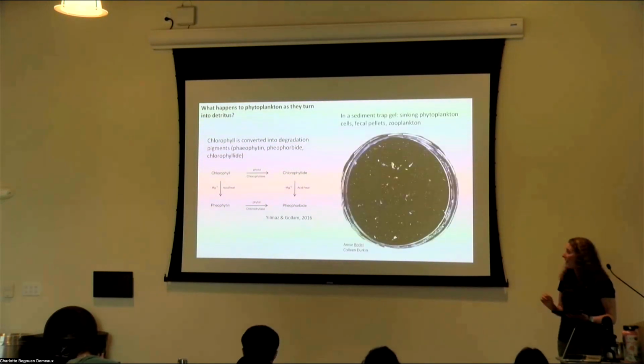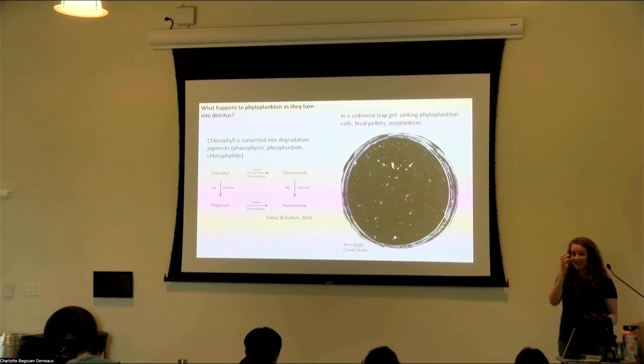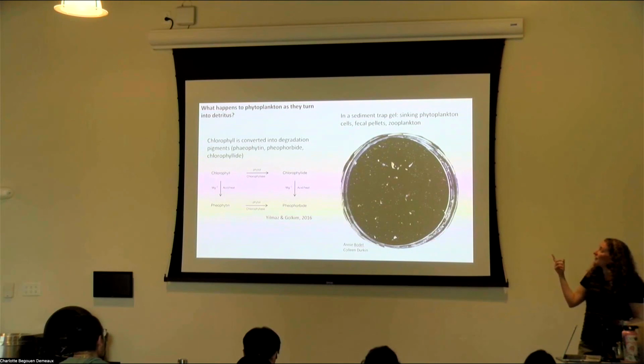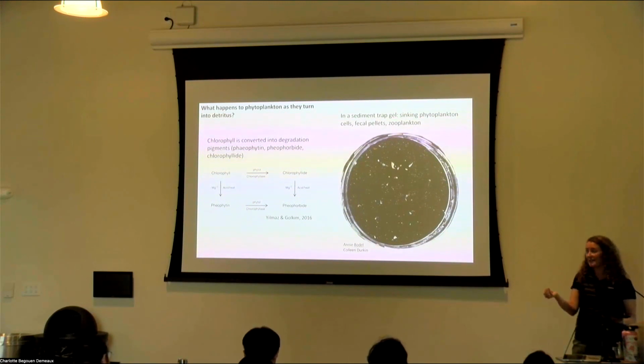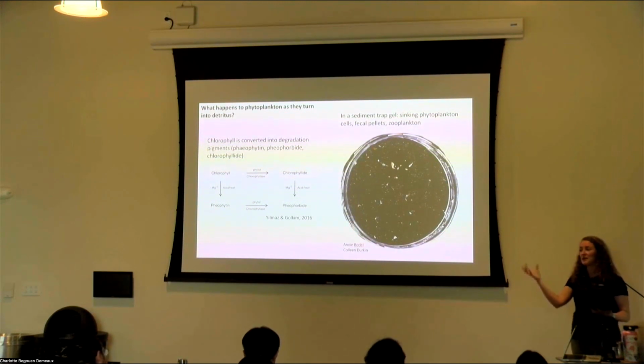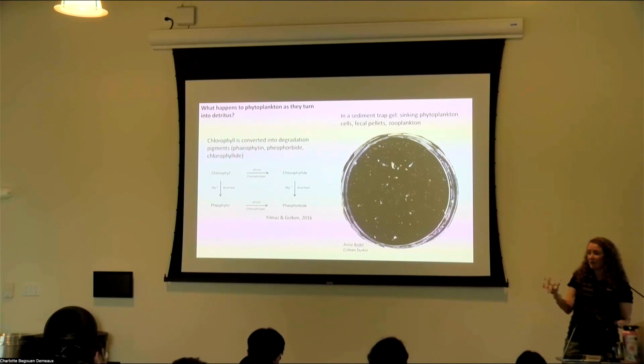So also thinking about the breakdown of phytoplankton and its transformation into detritus, I'm just showing this example of a microscopy image of a sediment trap gel. And so you can see all these different particles that are falling into this gel are all things that in the ocean we might either consider living or dead. So Meg kind of set up this motivation of we have living particles and dead particles, but what's their balance to each other? I can tell you that in this type of sediment trap collection, you have sinking phytoplankton cells,